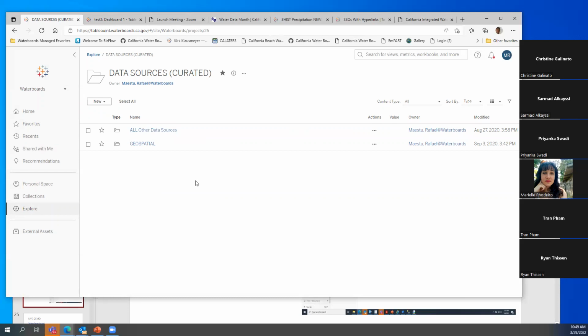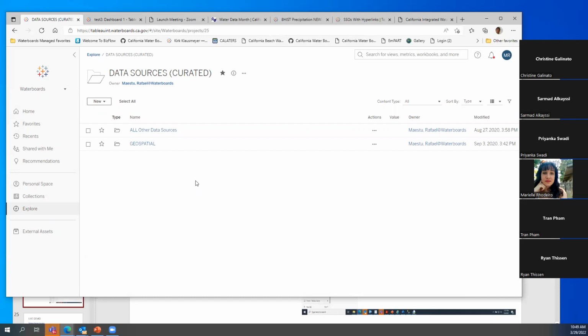So if anybody's interested in working with Tableau on the server, or if they think they need the desktop version of Tableau, we can always work with you to make sure that you have all the tools that you need to do your work.